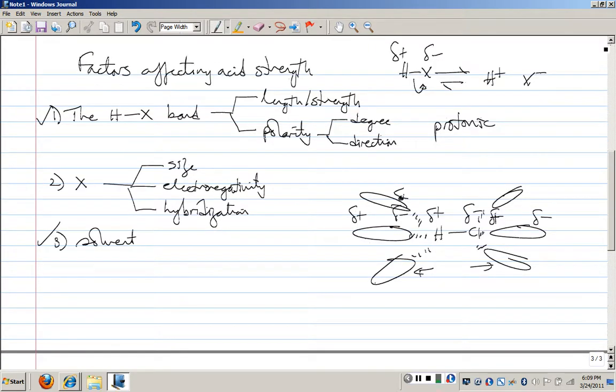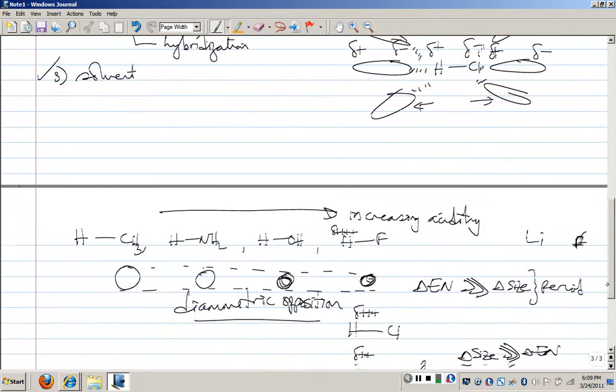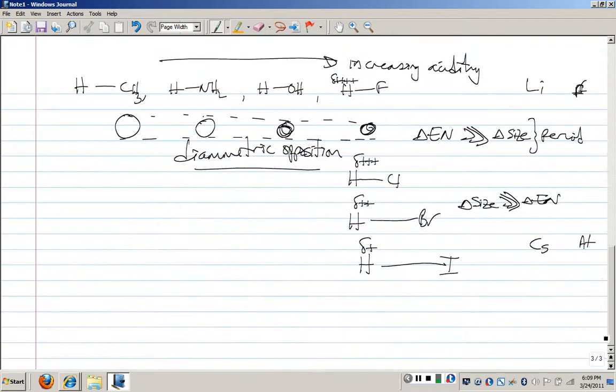an acid. So we've looked then at solvent and at the nature of the HX bond. The other factors are size, electronegativity of X, and hybridization of X. And I think you can pretty much see where this is going, because it has a bearing on the HX bond. So obviously, if